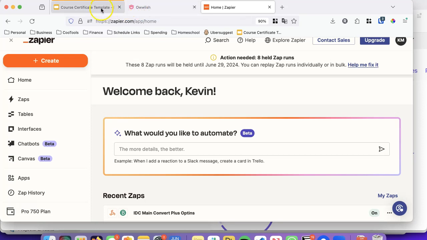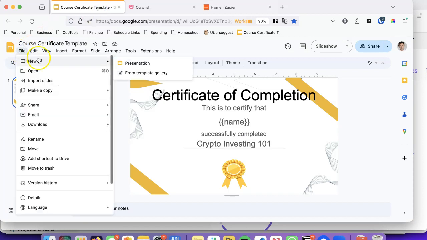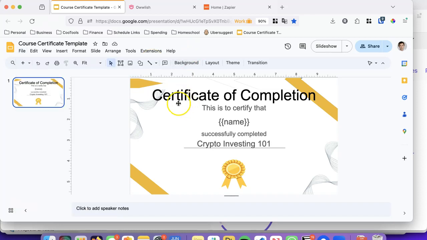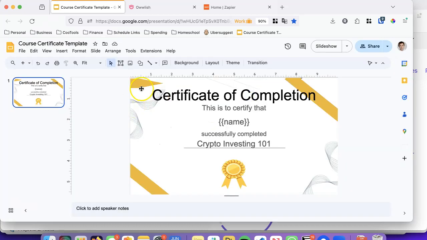We'll start with Google Presentations, and what you're going to want to do is create a new presentation. I will put a link to my demonstration presentation here. It will have this background image, so you can see I've uploaded a background image, and what I did was find a pretty nice looking presentation